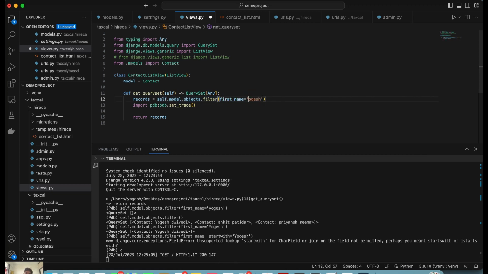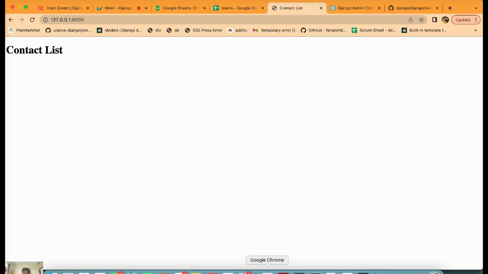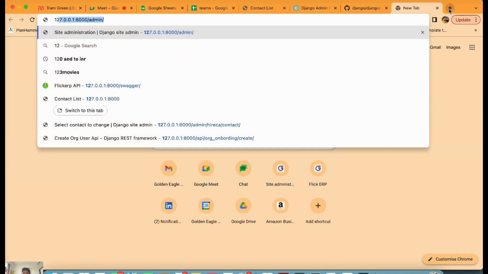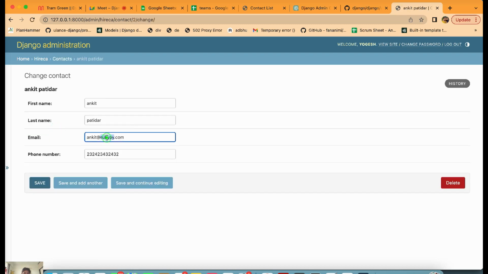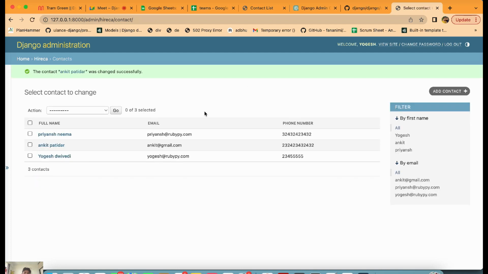Now let me write here capital Y and delete pdb. For now just make it a comment, and reload it. You see one record is coming, that is yogesh at rubypie. So now let's go to the admin, 127 admin, and in contact let's add Ankit with a Gmail address, and you need to only list the records which have domain rubypie.com. So what needs to be written,